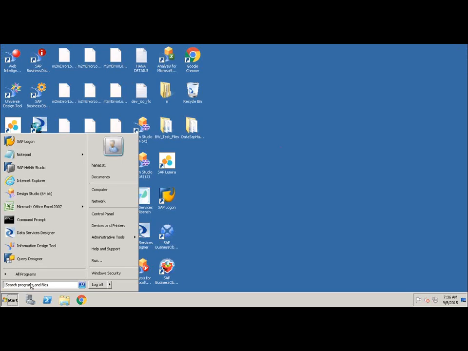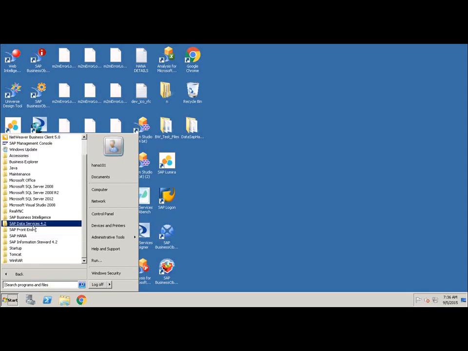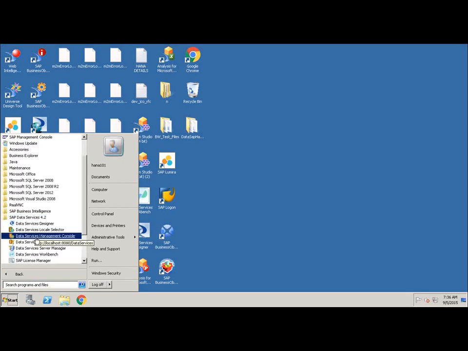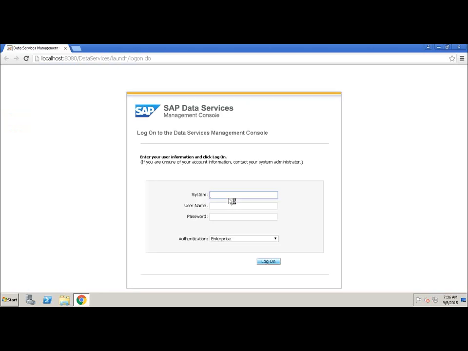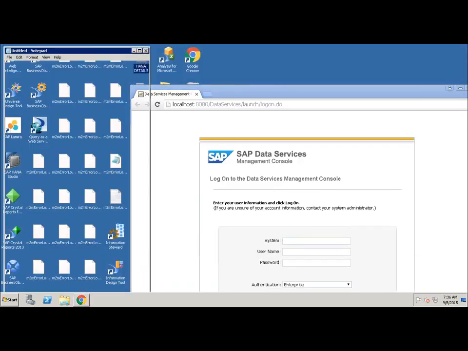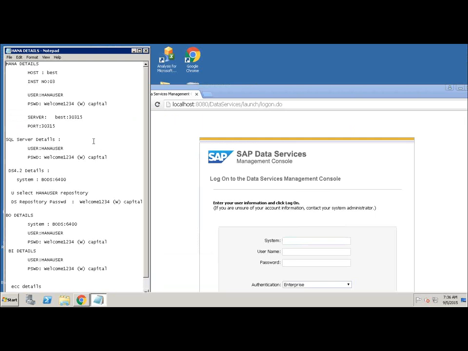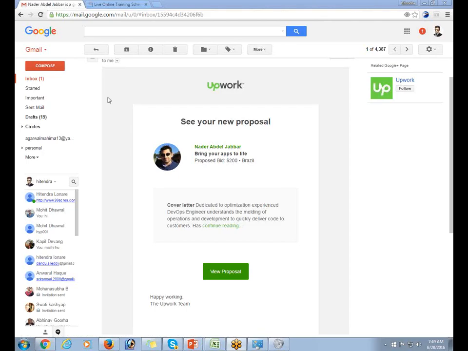At the same time, as I have shown you, there is a dedicated tool for management or administration of Data Services. This tool is dedicated, with its specific functionality, to Data Services itself. But it doesn't have a facilitated option like a CMC, which we are having. As CMC is a central management console,